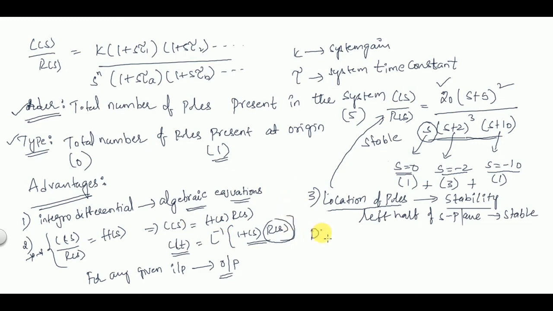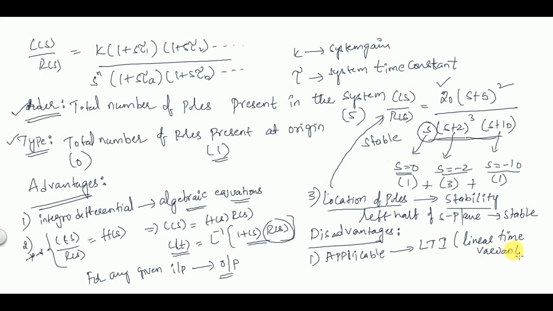Then what are the disadvantages of transfer function? The first disadvantage is that finding the transfer function is applicable only when the system is LTI, that is linear time invariant. If the system is linear and time invariant, then only we can find the transfer function. Second, the initial conditions